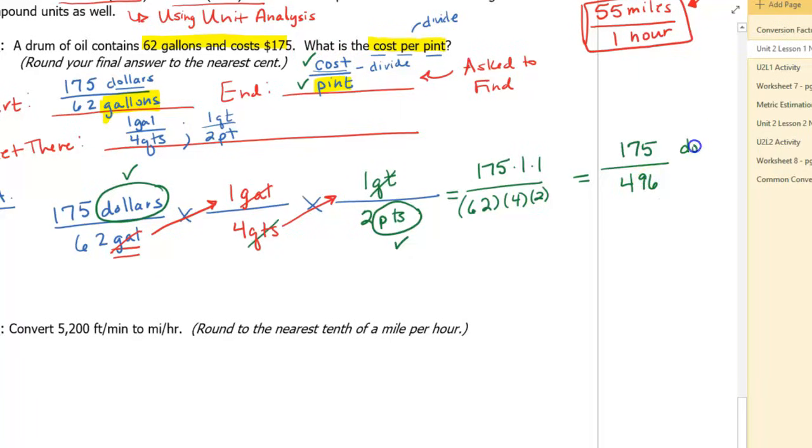And this is dollars, and this is pints. But we usually want a unit rate. So to get the unit rate, you're going to divide. Remember, we did that back in lesson 1. So 175 divided by 496 is going to give you